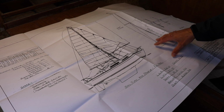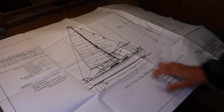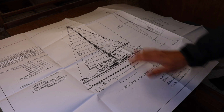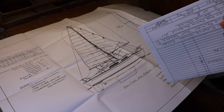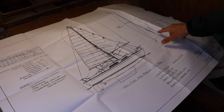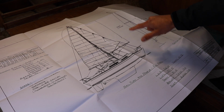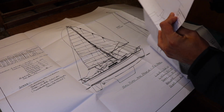But absolutely brilliant. So let's just have a look at all the different ones I've got. So I've got the main one. Now I think I've got these in the wrong order, but this is the actual main one. It's quite handy because it gives you all the different lengths of the rigging on some of it. I think this is the end one. Yeah, so this is all the